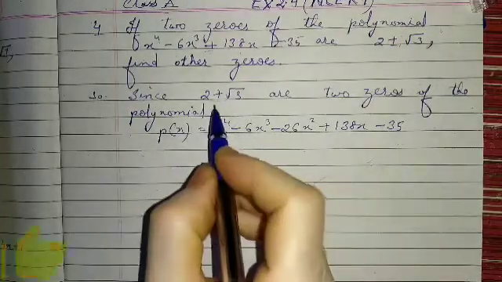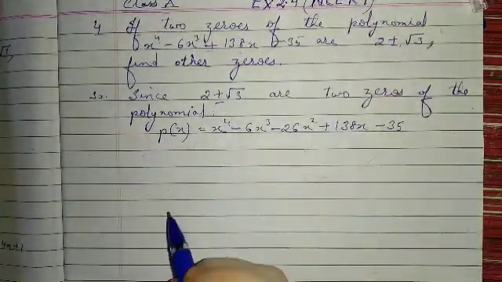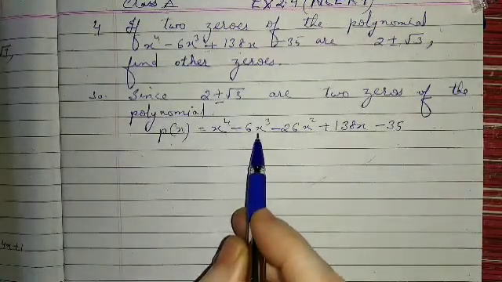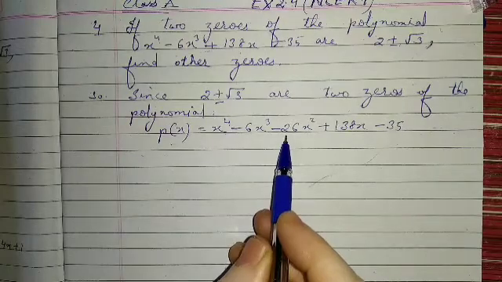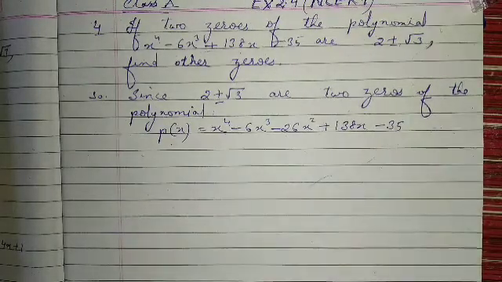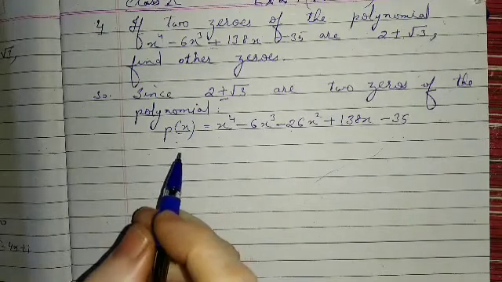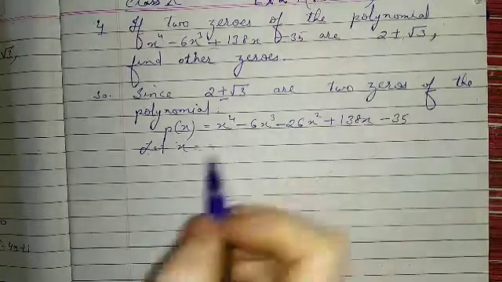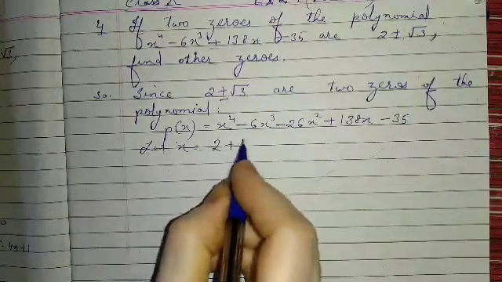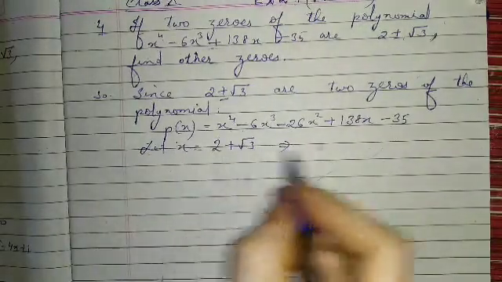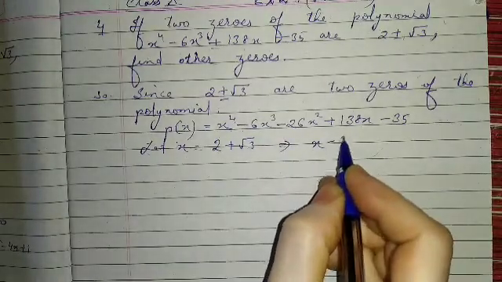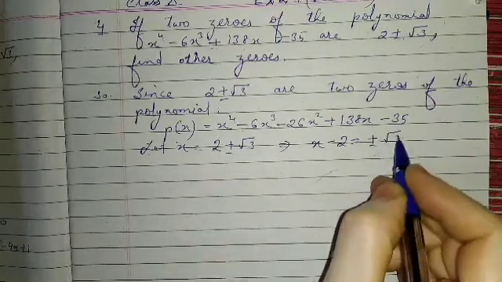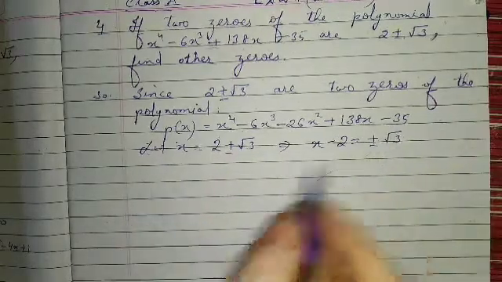Since 2 plus minus root 3 are two zeros of the polynomial, p(x) is equal to x to the power 4 minus 6x cube minus 26x square plus 138x minus 35. So let x be equal to 2 plus minus root 3. Then this implies x minus 2 is equal to plus minus root 3. And if we square it,